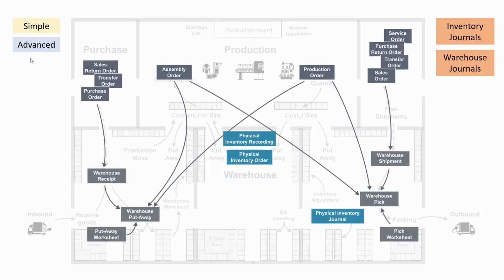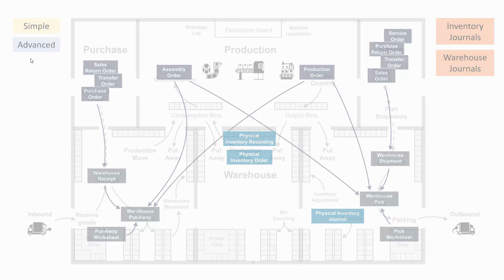For doing counts in the warehouse, we likewise have a journal, the physical inventory journal, or the physical inventory order, which is a document where we can calculate what to count, and the physical inventory recordings that apply to the physical inventory order. So it's possible to do many recordings for one inventory order. Those are all for doing inventory counts on functionality where you don't have the big directed put-away and pick check mark on the location.